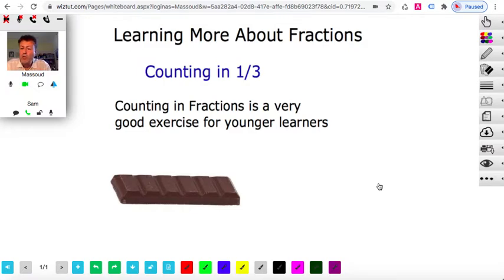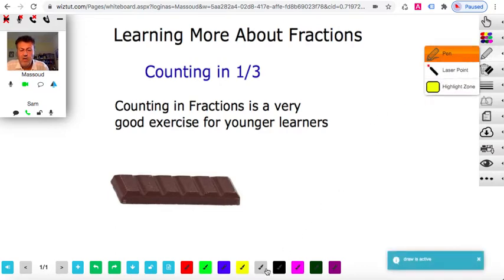Here we're going to just talk about a simple way of introducing fractions to a younger learner and starting to show them how that would mount up to bigger amounts. So I normally use a bar of chocolate. A bar of chocolate is much easier to divide into pieces, and so you would show them that you